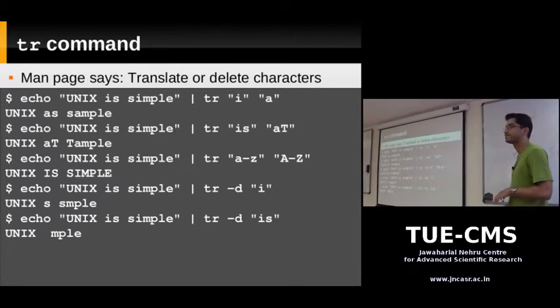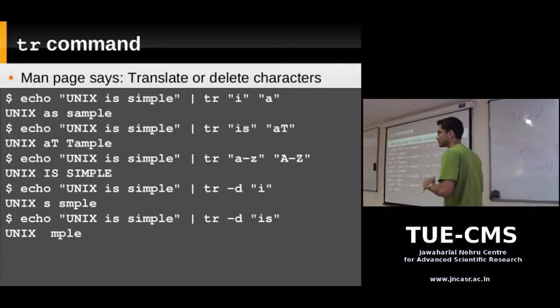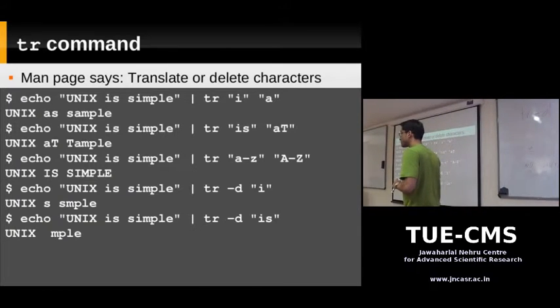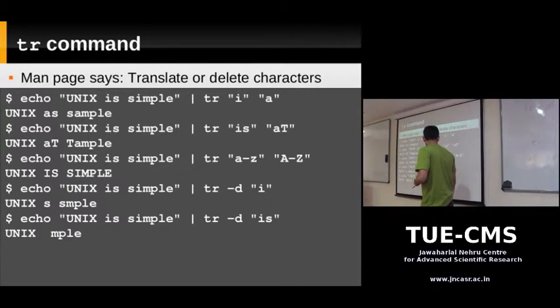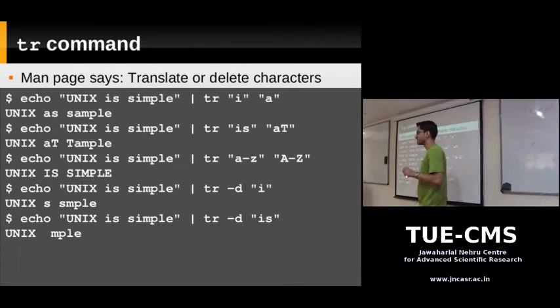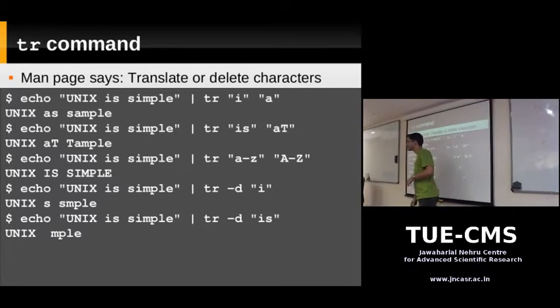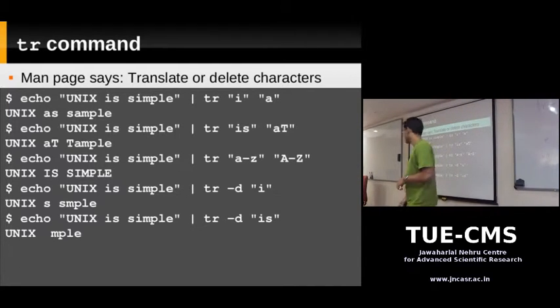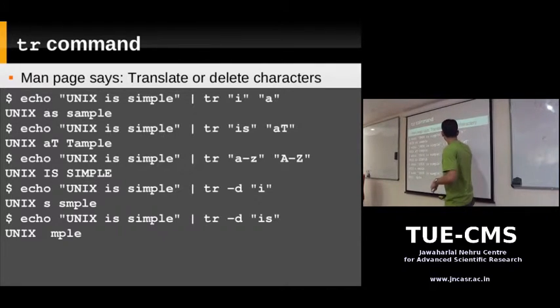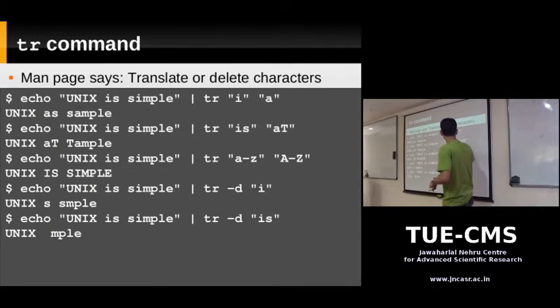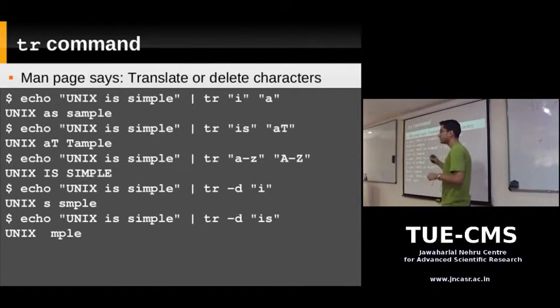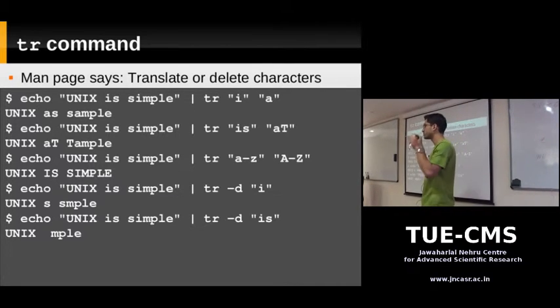Sure. Is this space sensitive? Is it case sensitive? Space means like tr -d, and you have quotes. Inside the quotes, if you put a space, yes. So suppose you want to replace the space with something else, with a star or something. You could put tr and inside quotes a single space, and then you could put inside quotes a star. So every space in your string is converted to a star character.